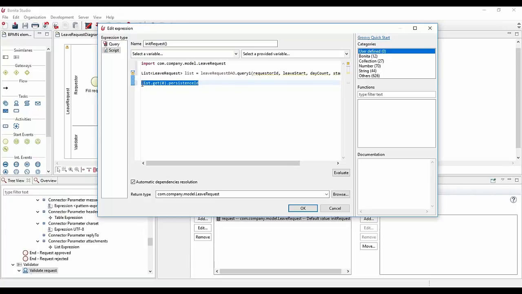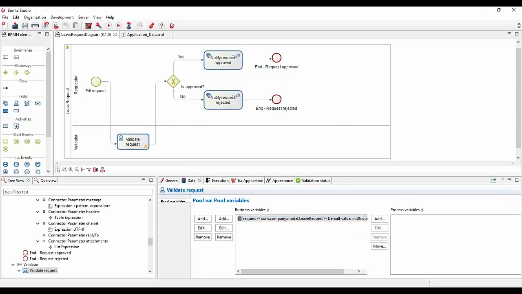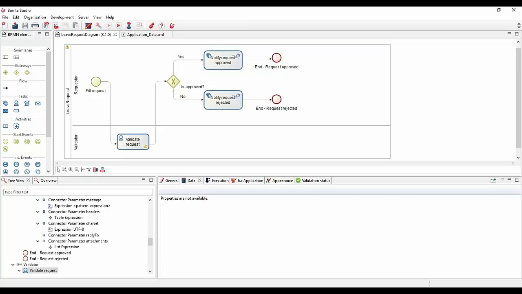And that can be used, for example, so here you can return the first element, and that will be the default value of your leave request business variable. And this is the main benefit, by the way, of using BDM, because everything is well integrated. You have this DAO. If you have business data in an external database, then it might be more complex because you need a connector for sure, and then this connector is really up to you to deal with. You will need to specify your SQL request everywhere and these kinds of things.